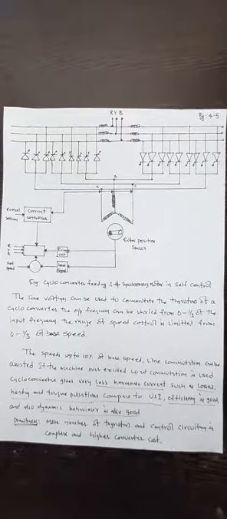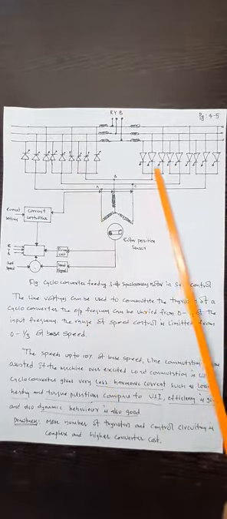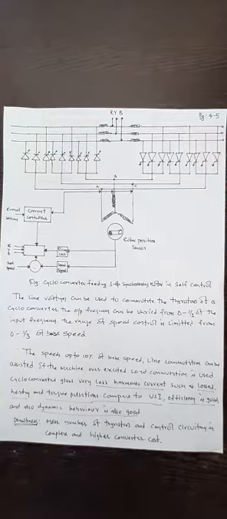But one of the generalized drawbacks of the synchronous motor drive is that here we are using 18 switches. 18 switches means the control circuit is complex, that is, the firing circuit is complex, so the cost of the converter increases. Even though it eliminates the harmonics and gives better efficiency, the cost of the converter is very high.